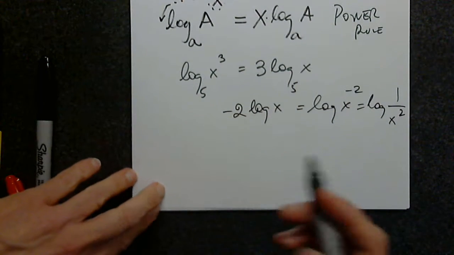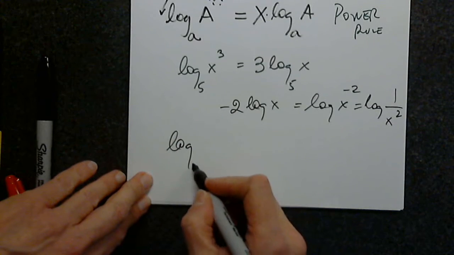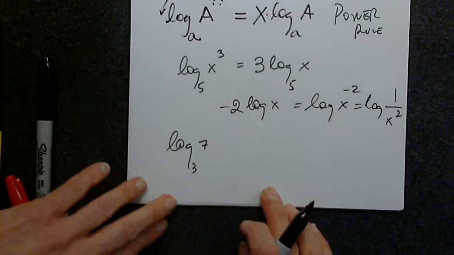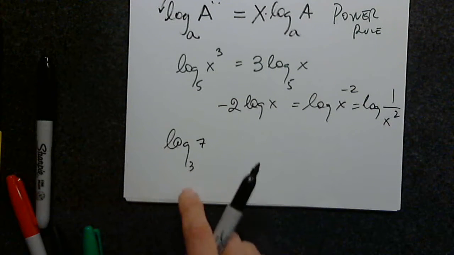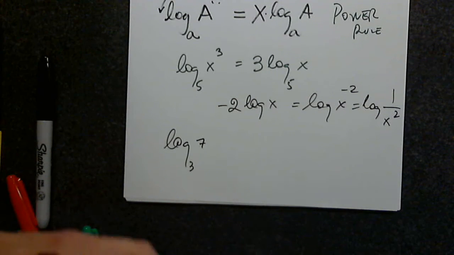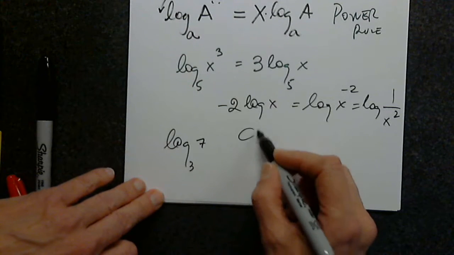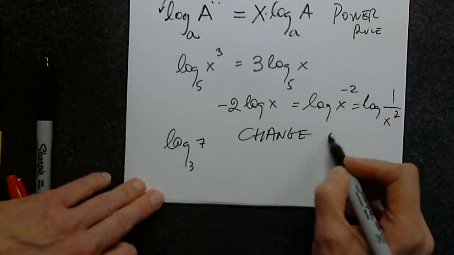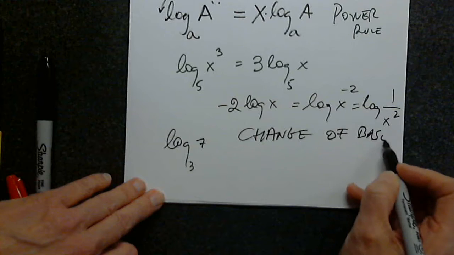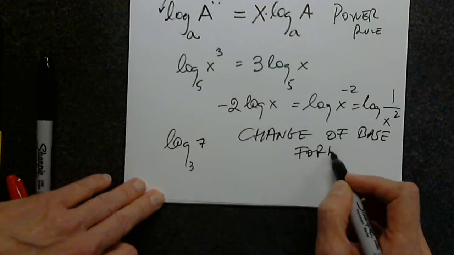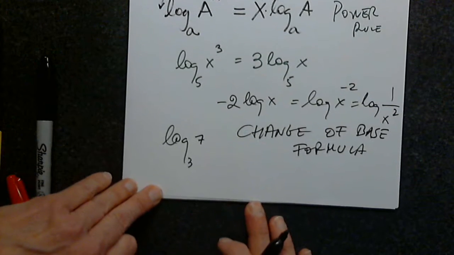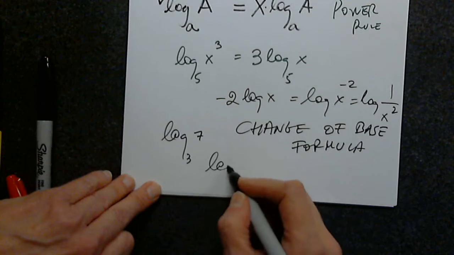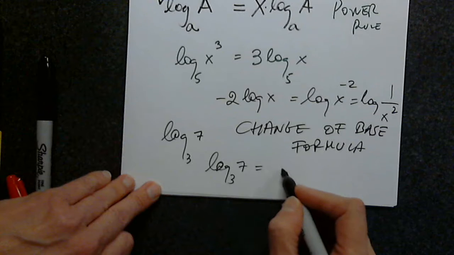And let's suppose we want to approximate log base 3 of 7. And let's suppose our calculators do not allow us to put the base 3. How do I do that? So there is what is called the change of base formula. I can still calculate it, but I will have to use the change of base formula, which is log base 3 of 7 is,